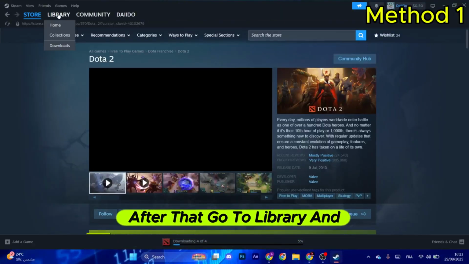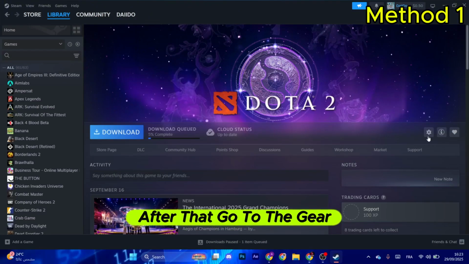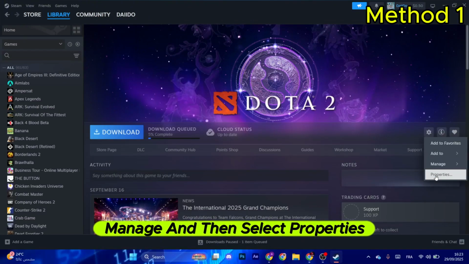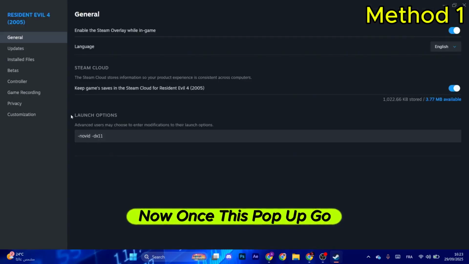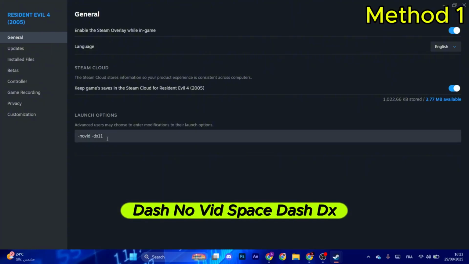After that go to library and then select collections. And you need to look for Dota 2. After that go to the gear icon right here, manage and then select properties. Now once this pops up, go to launch options and make sure to type this command: -novid space -dx11 and